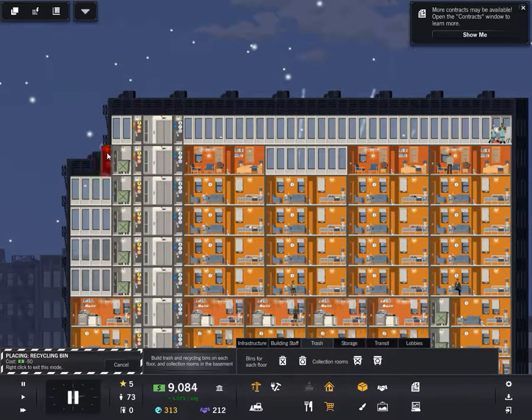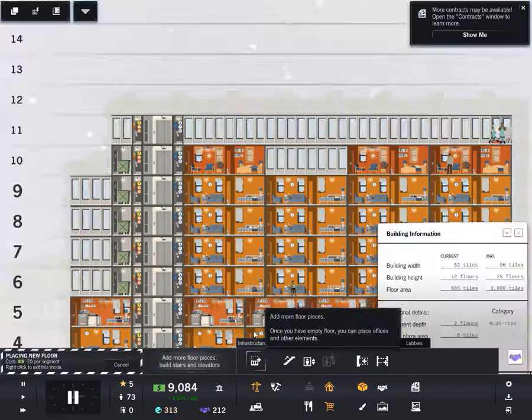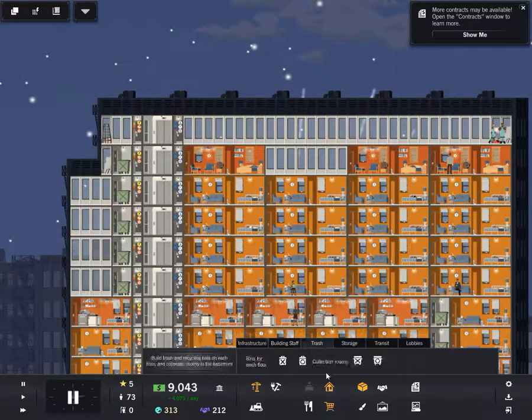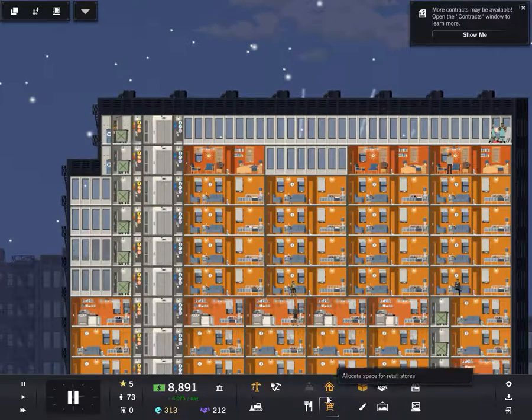Alright, so recycling room. Yes, the recycling room is very narrow. So I only need to expand this floor very slightly to build a recycling room. And that one's going to need one as well. Alright, so you can have a recycling room. You're going to need a trash bin as well. And a